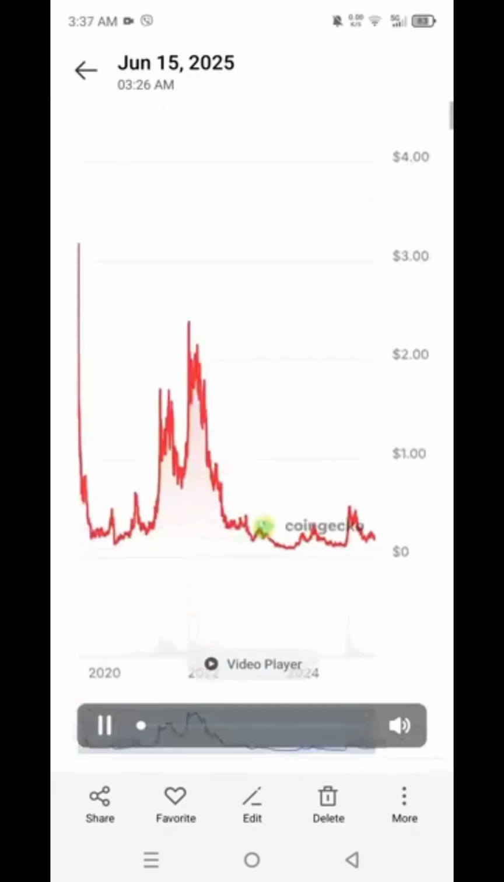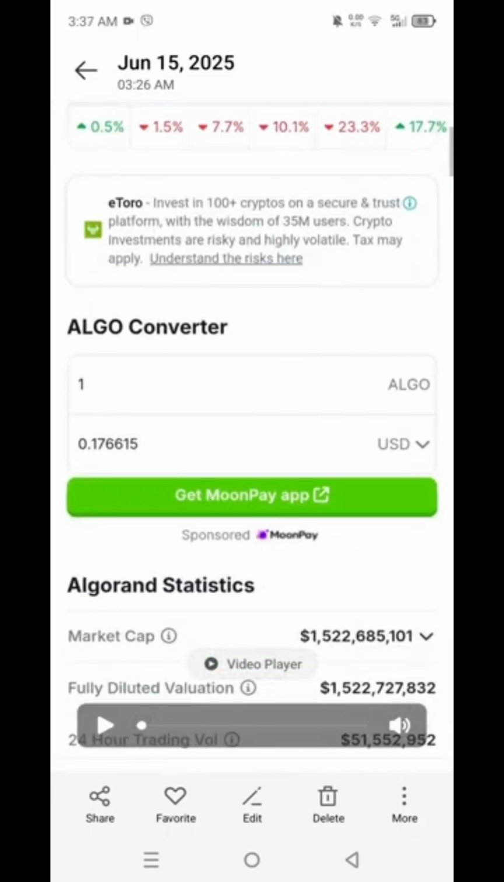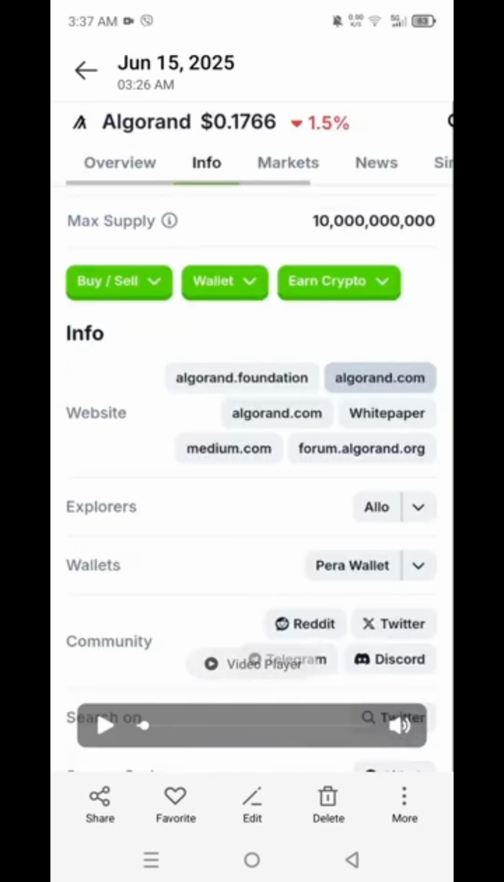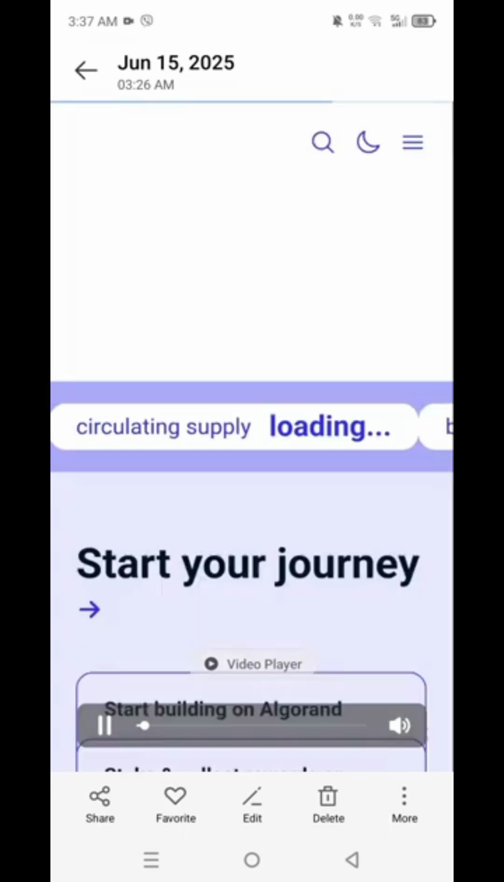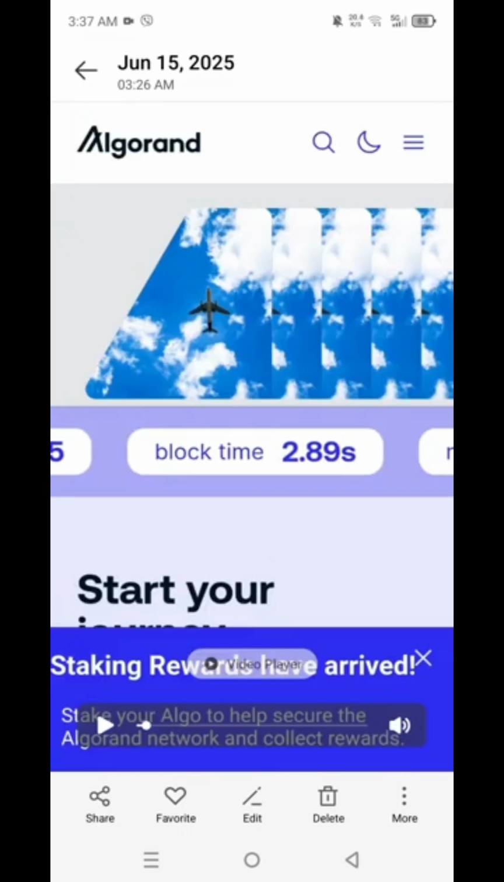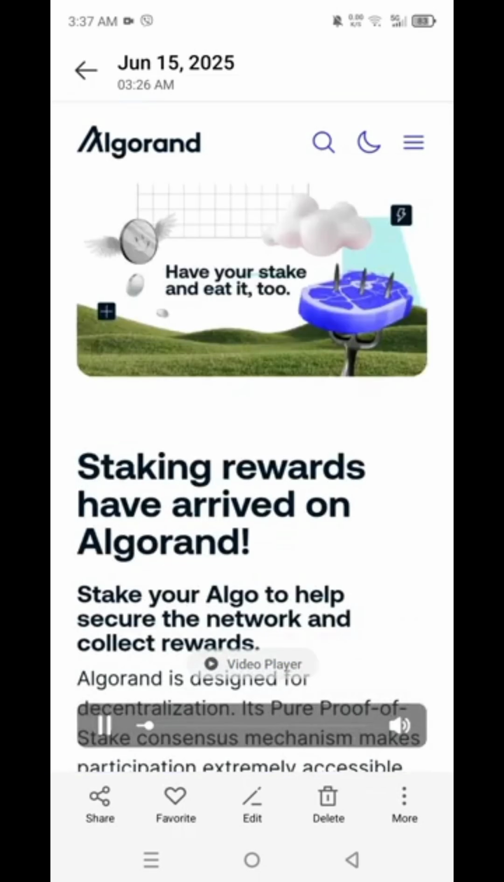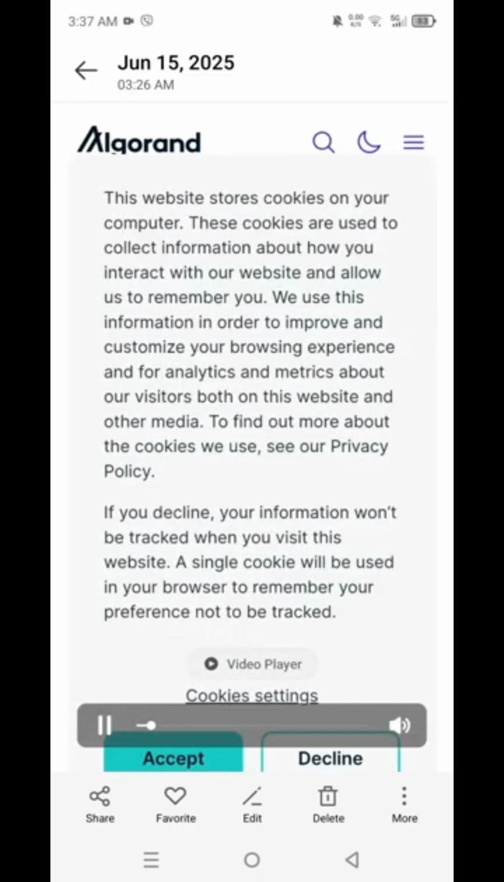Okay, so from the CoinGecko website, Algorand, if we scroll down, we can see the information for the website. The first one I'm going to click is the Algorand Foundation. This is the first option on how we can find the legitimate link or source so that we can